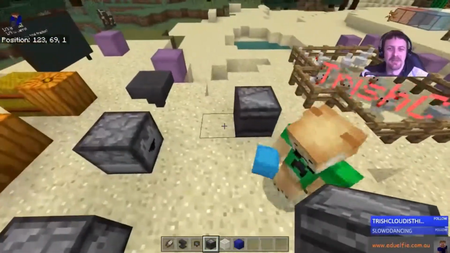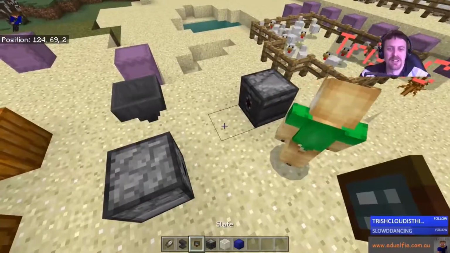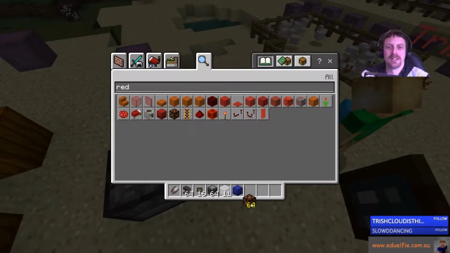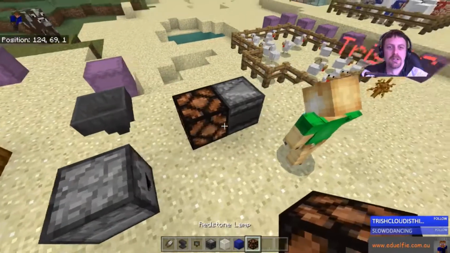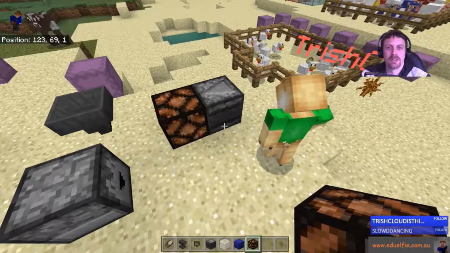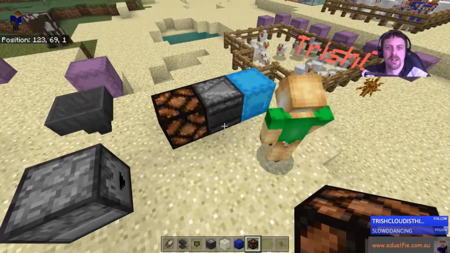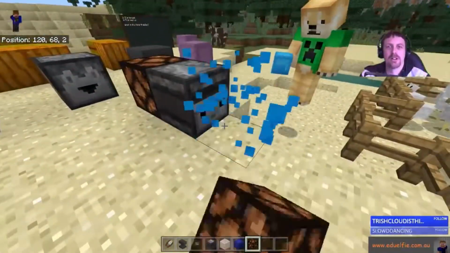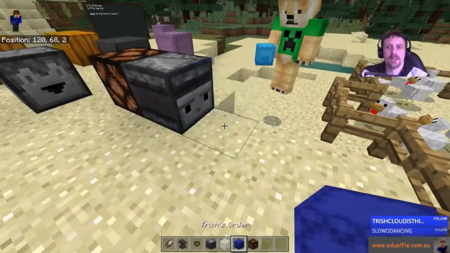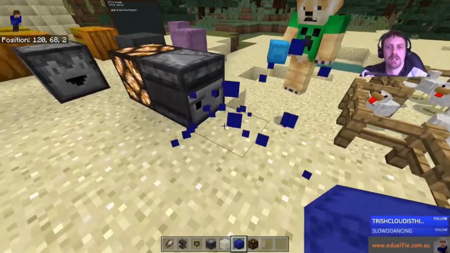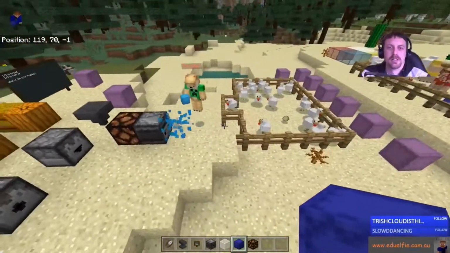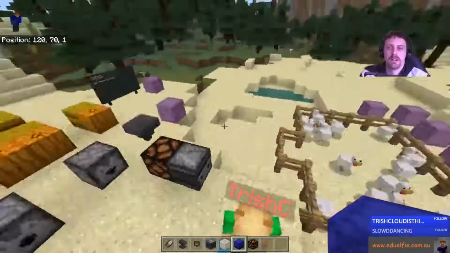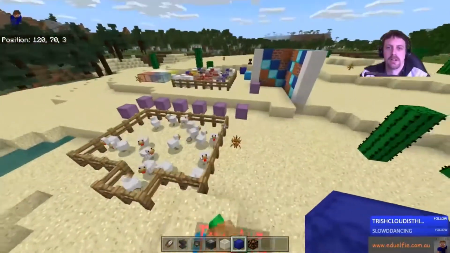That's an observer block. It puts out a redstone signal when stuff in front of it changes. So if I put a redstone lamp here and you place a block in front of it, so place your shulker box down, see the light. How about I place it down so you can see it? You watch the light. So when something changes in front of it, it outputs a redstone signal. Oh, okay. I see. That's cool.